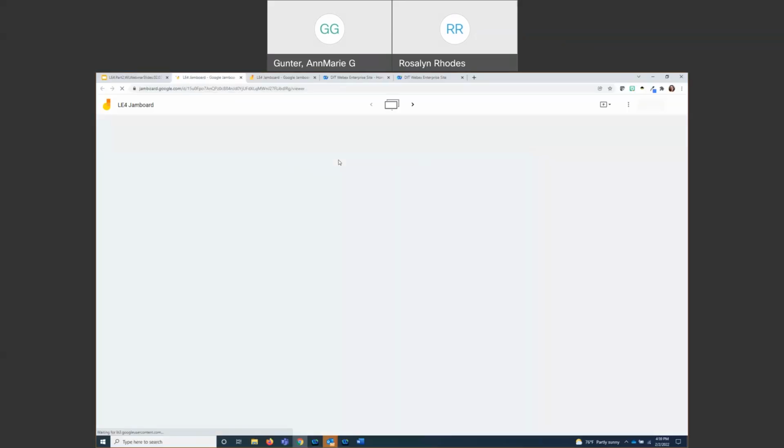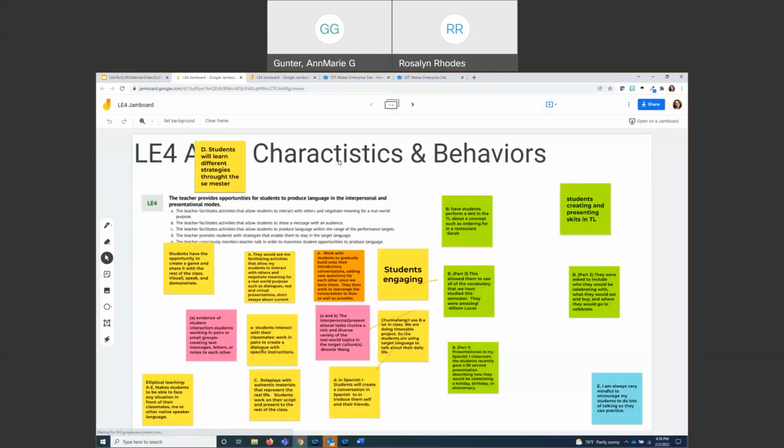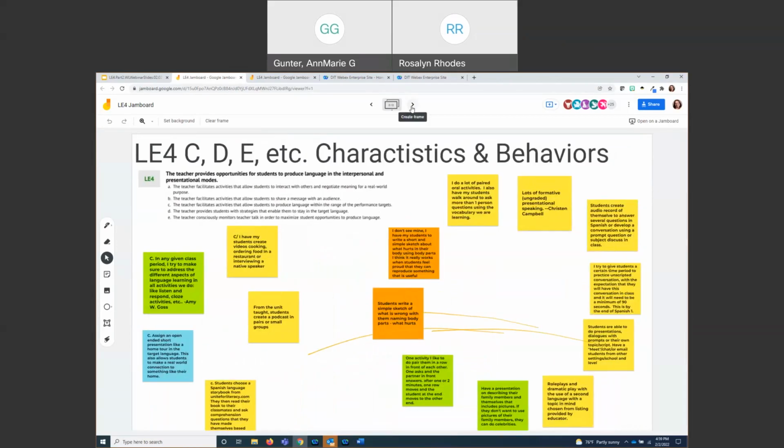All right, let's jump over to the Jamboard and see how things are going. I see you've added several stickies here just to our first page, and you're using the other tools on the Jamboard too to connect, literally with lines, to some of the other things that are posted there. That's a wonderful idea. Thank you. See how we're doing? Oh, same thing happening over here on page 2 of our Jamboard.